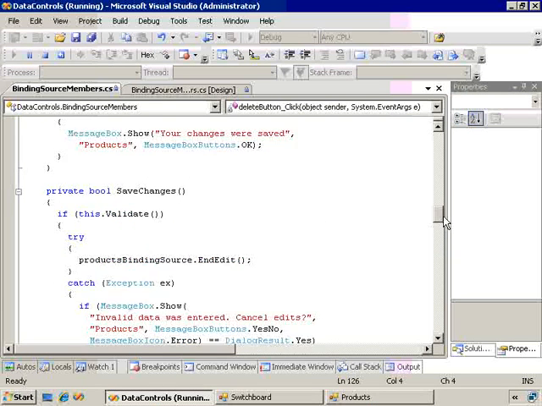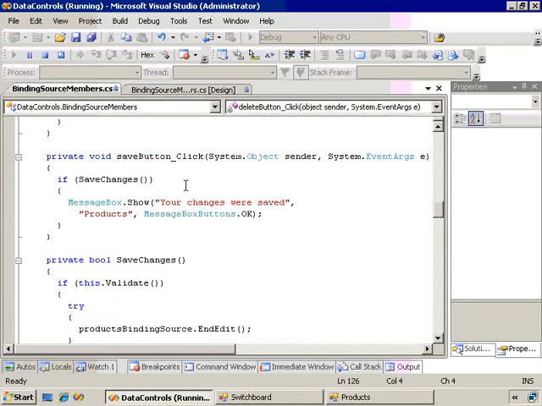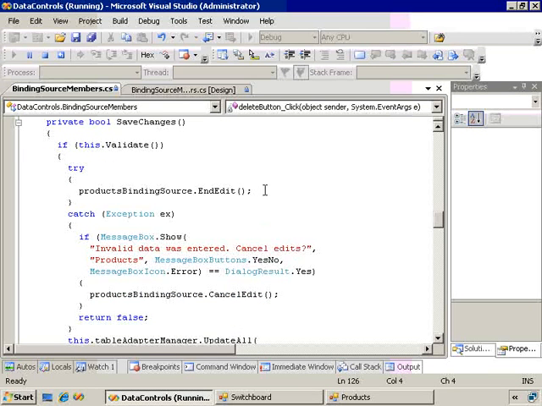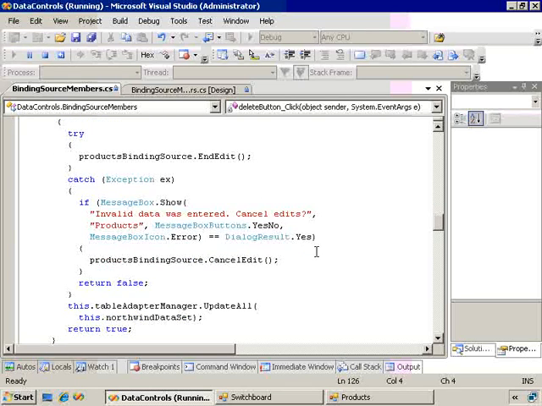When I click the Save button, I'm going to call the Save Changes method, which is going to call Validate on the form to validate the last control we were in. Call the End Edit method of the product's binding source to write any pending changes to the products table. If invalid information was entered, that will throw an exception, which we're going to catch, and we're going to display